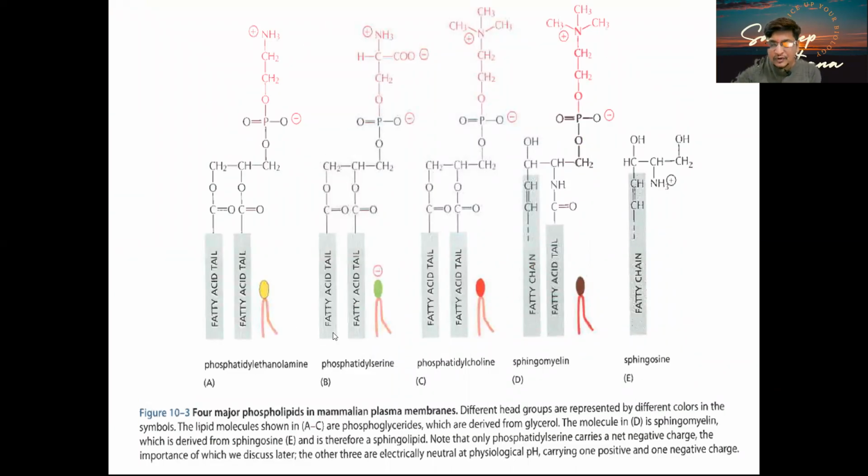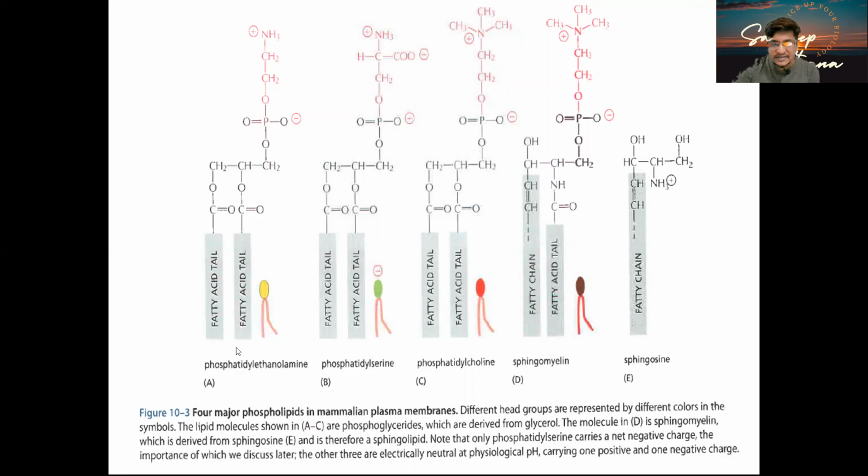These are a few common types of lipid found in the plasma membrane. You can see over here the tails shown in red color, and the head region. In most of the cases, except sphingomyelin, the alcohol is going to be glycerol, which is a 3-carbon compound having 3 OH groups. Two OH groups react with fatty acids, and the third reacts with phosphoric acid. Hence this is a phospholipid, and that phosphate group can be exchanged with some other components.